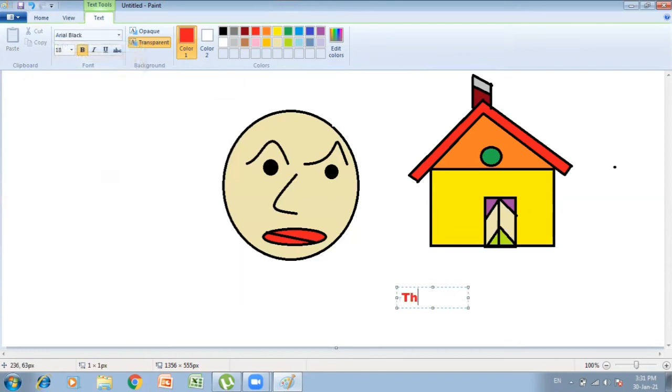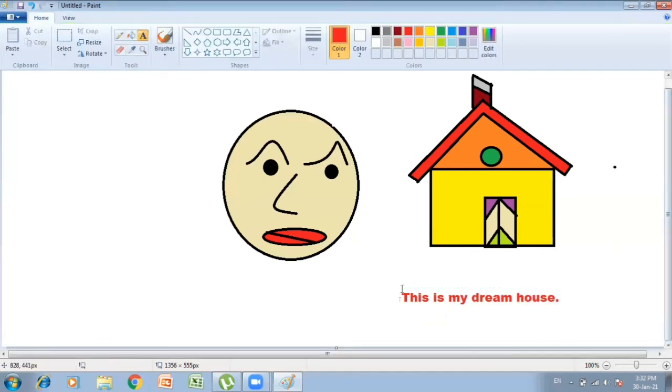So I'll write, this is my dream house. If you want it in a single line, then you'll bring your mouse pointer here, and when this arrow comes with left and right arrows, you will simply click and drag like this. So this way you can add colors, different styles, and even text to your drawing.